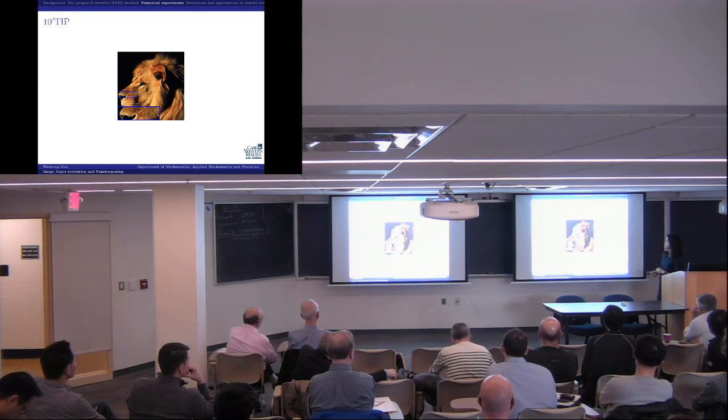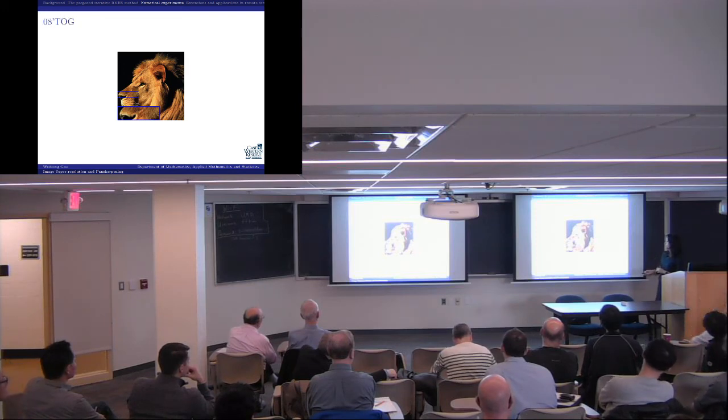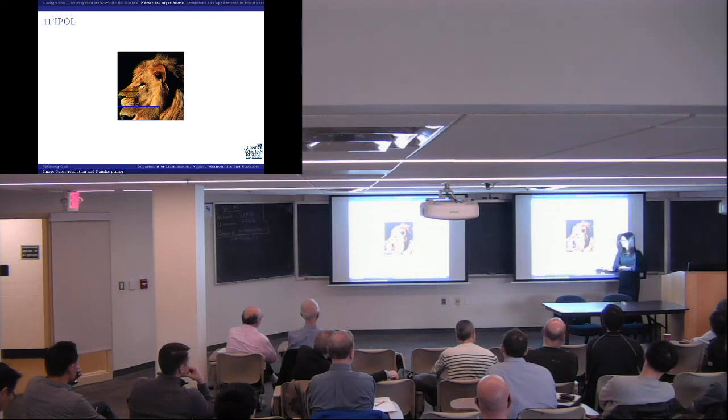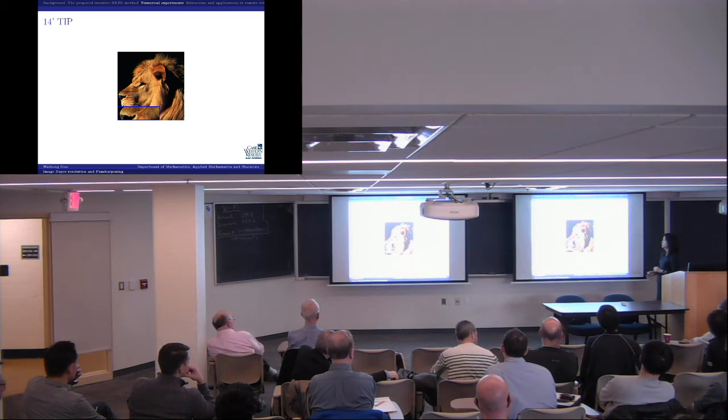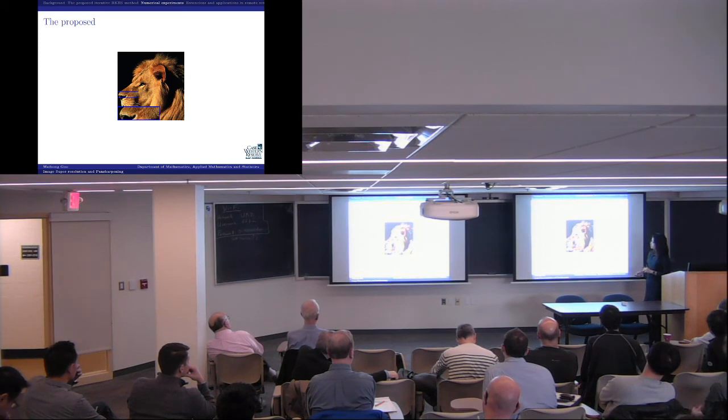It's TIP1. You gradually see some details if I go back and forth. Okay, you probably can see some details over here. See the difference. And IPOL, this is based on TV, total variation. It's kind of overcorrected. And this is TIP based on another way of using TV as well. And this is the proposed one. If I go back and forth, you probably can see the difference better.